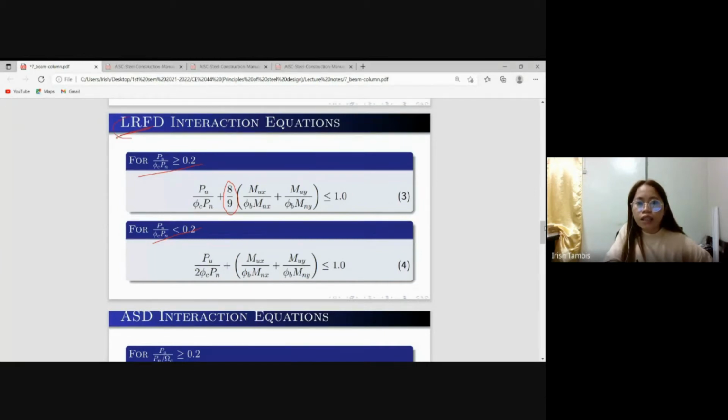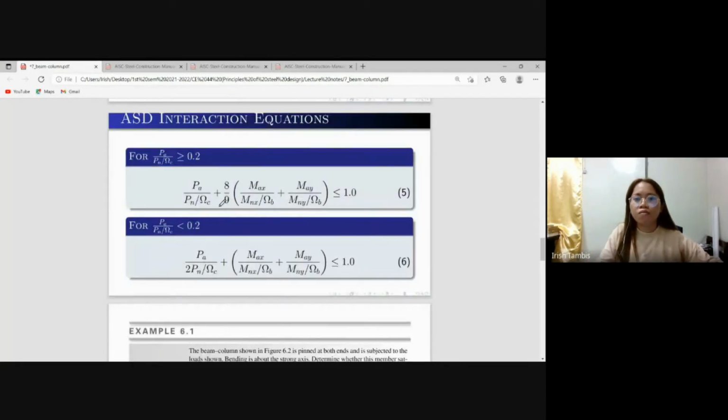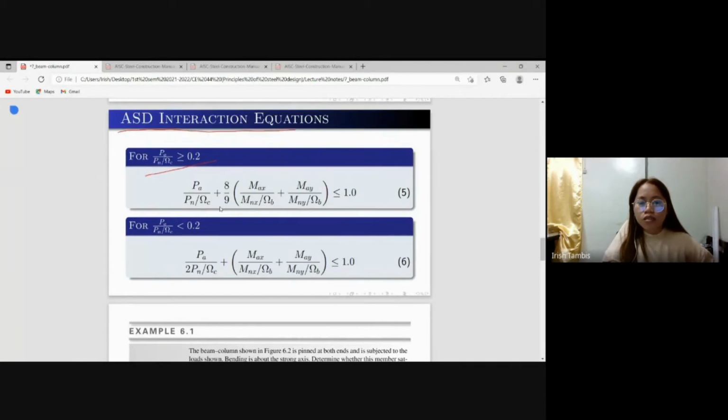LRFD. For ASD, actually, alisdan ra ni siya nimo og this one, no? Maalisdan ra ni siya ang imong design strength. Mahimo siyang allowable strength, which is equal to P sub N divided by the factor of safety, no? For this one, for this case, for ASD interaction equations, no? P sub A over P sub N over factor of safety greater than or equal to 0.2. So, you have here the coefficient 8/9 at the moment term. Then, as is ang imong actual term, no? Then, mahimo ni siya for ASD because it's ASD. So, nominal strength divided by the factor of safety. The same with the moment, no? Siya. And,